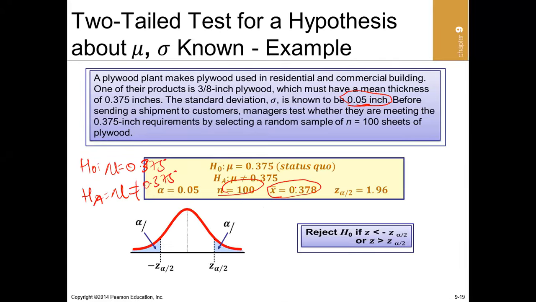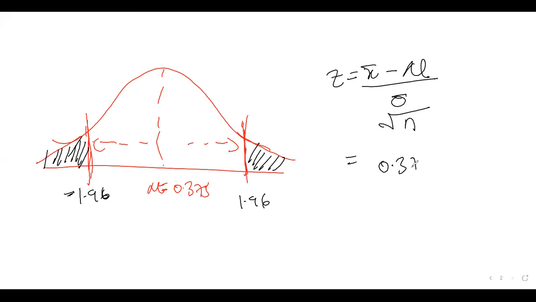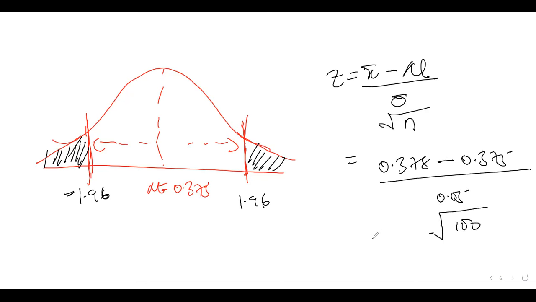The sample mean is 0.378. So we're going to have 0.378 minus the population mean of 0.375, all over standard deviation of 0.05 over the square root of 100. So our computed z-value